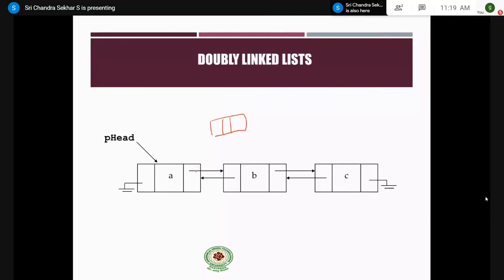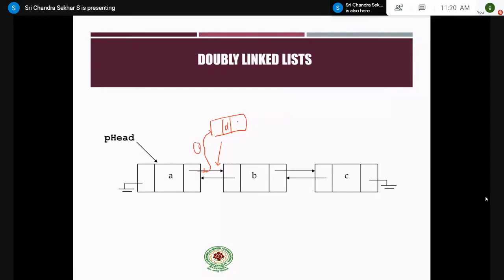What you have to do is, for example, assume I want to insert this new node at this location, that is before B and after A. You have to break this link from A to B, and then connect it to this node, D node.